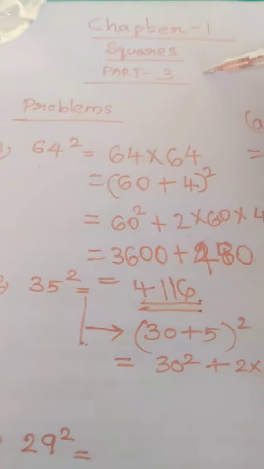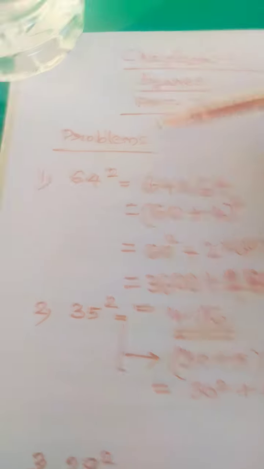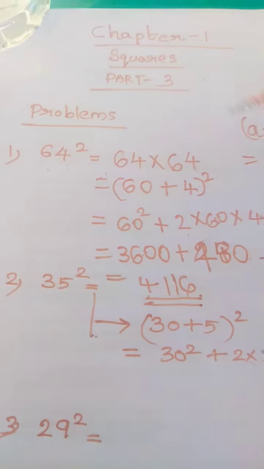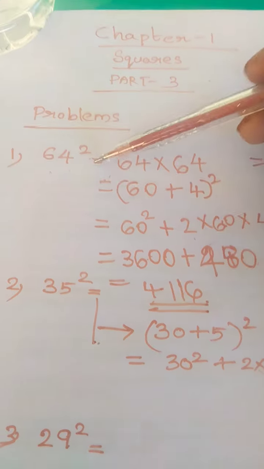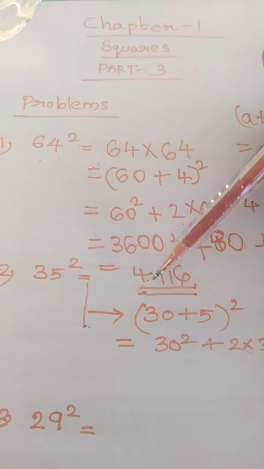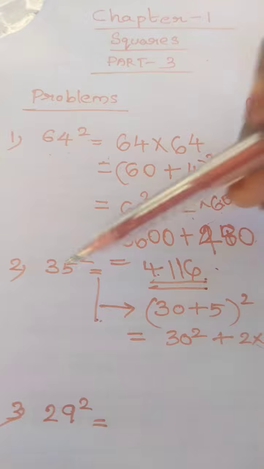Chapter 1 Square, Part 3. Problem 64 square. 64 square നമുക്ക് 64 സ്ക്വയറിന് ആൻസർ 4116 കിട്ടി. The next problem